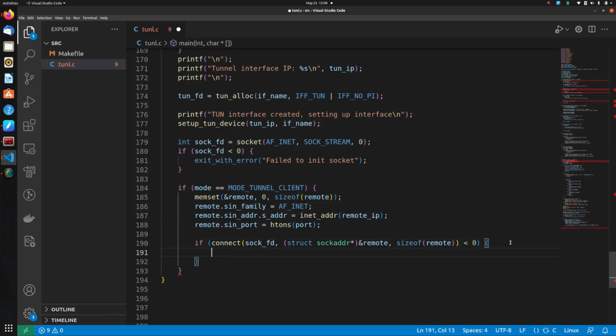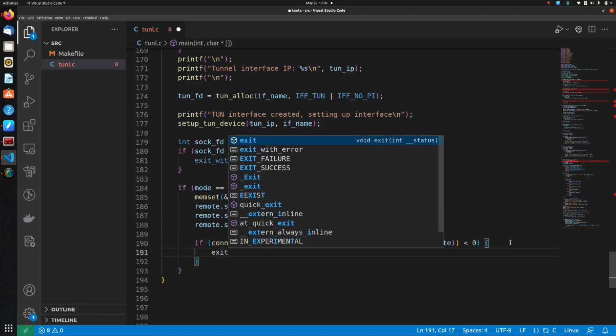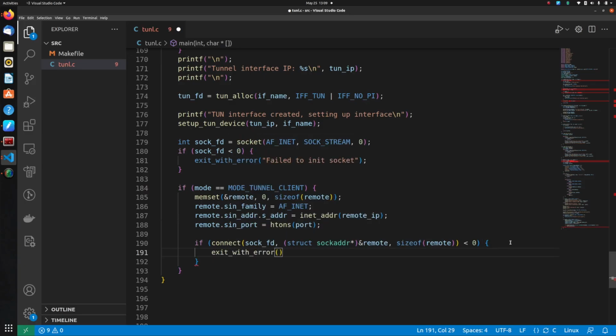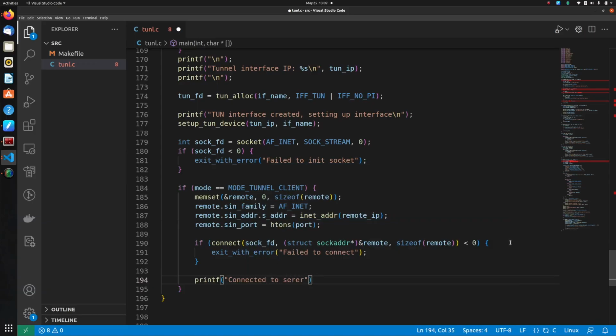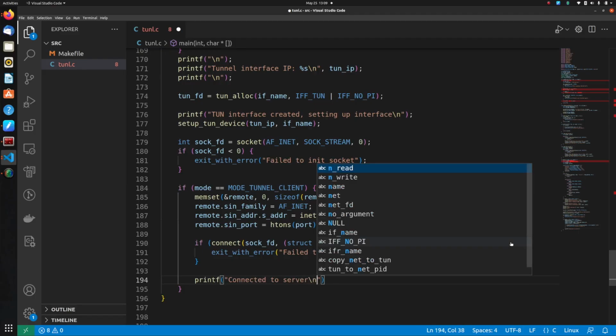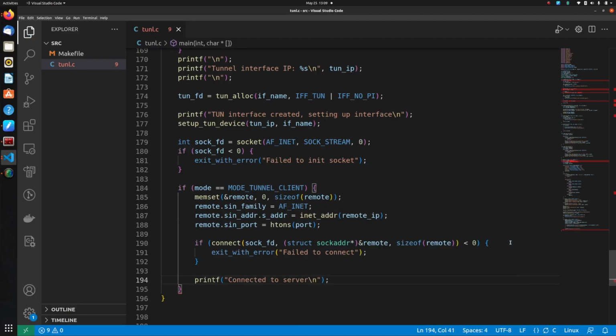If the return value of connect is negative, we simply exit with an error and say failed to connect, and then we do a printf: connected to server, sockfd. And since the TCP handshake and connection has been done with the server, we can initialize our netfd with our socket FD,